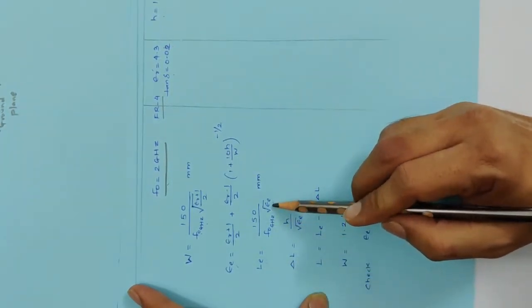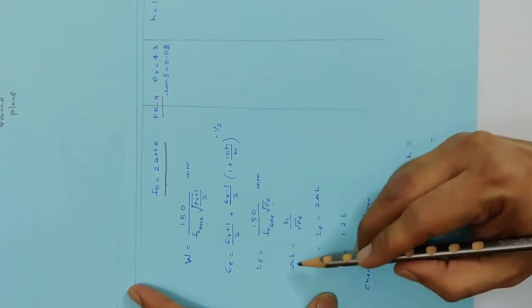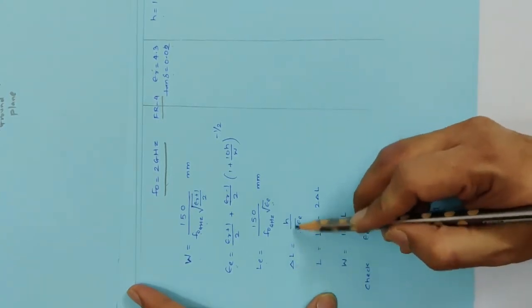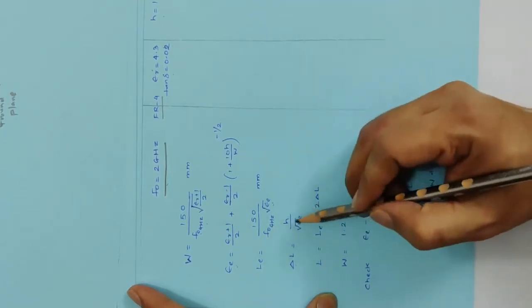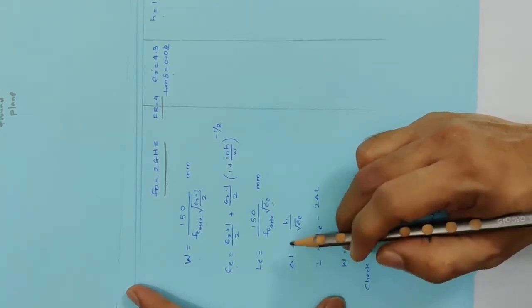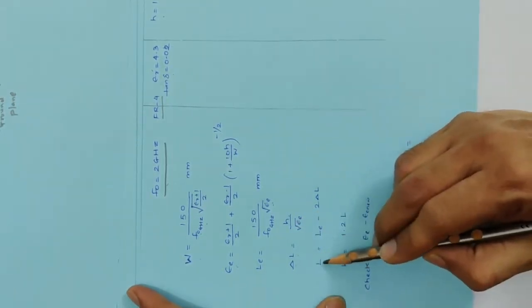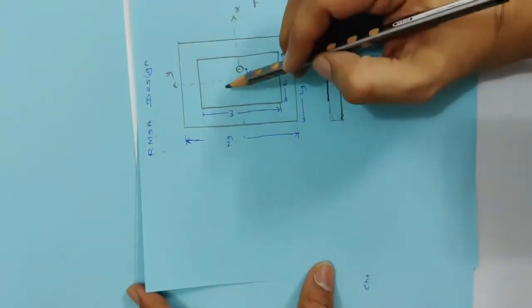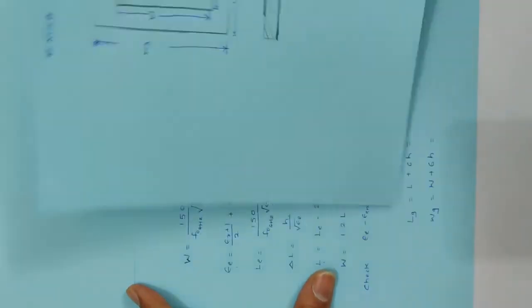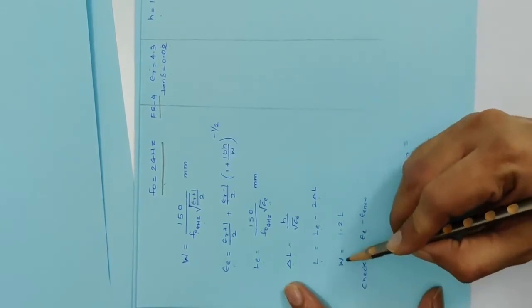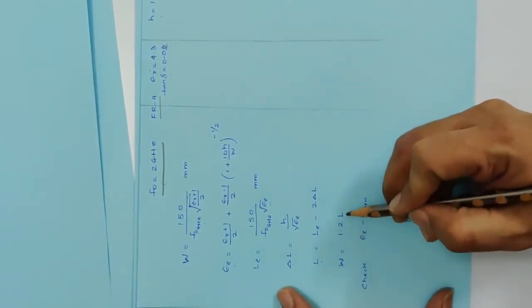Then the fringing field has to be taken into account. So we will be calculating the fringing field length delta L as H divided by square root of epsilon E. If you substitute H in mm, you will get delta L also in mm. Then we will be calculating the physical length. So it is LE minus 2 delta L because the fringing is taking place from both the ends. So we have to subtract the delta L twice. Then we'll calculate again the width of the patch as 1.2 L.